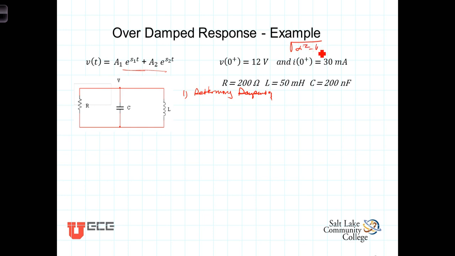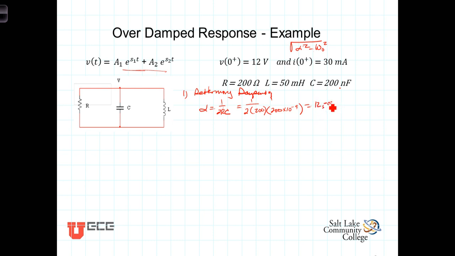we need to determine whether that value under the radical is positive, negative, or equal to 0. So alpha squared, well, alpha is equal to 1 over 2RC for the parallel case, which is equal to 1 over 2 times R, which we've been told is 200, times C, which is 200 nanofarads, or 200 times 10 to the minus 9th. Alpha then turns out to equal